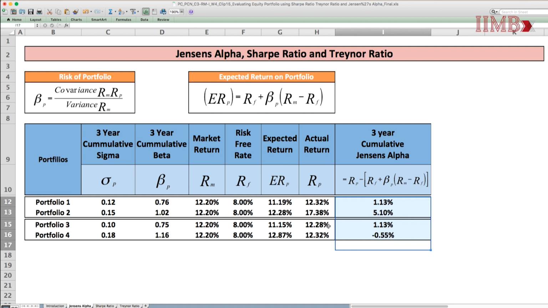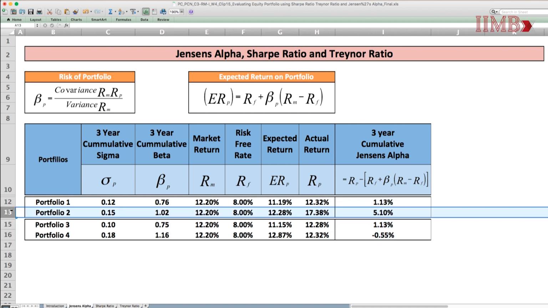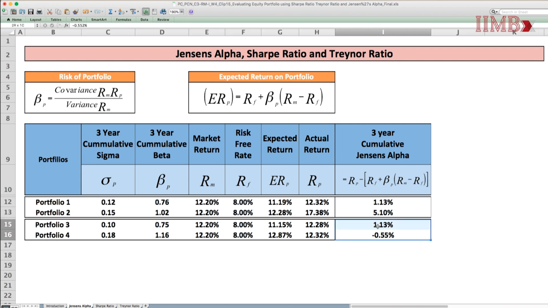Remember, we had decided upfront our investment strategy is going to be investing in 2 out of the 4 portfolios, depending on whichever gives you the highest return on a risk-adjusted basis. We will go ahead with portfolio 2 because it's got the highest Jensen's alpha, although it's got a higher standard deviation or volatility as well. The challenge now is to choose between portfolio 3 and portfolio 1. To do that, we've got to resort to some other measure, which leads us to the next measure called Sharpe